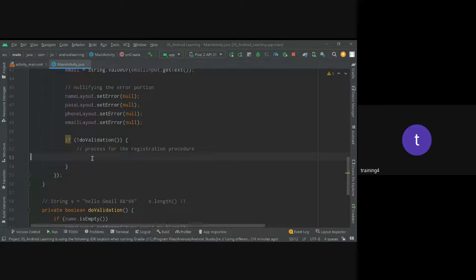Okay, fine. Let's get back to the process now. Now, for the registration process, what we need to do? For the registration,